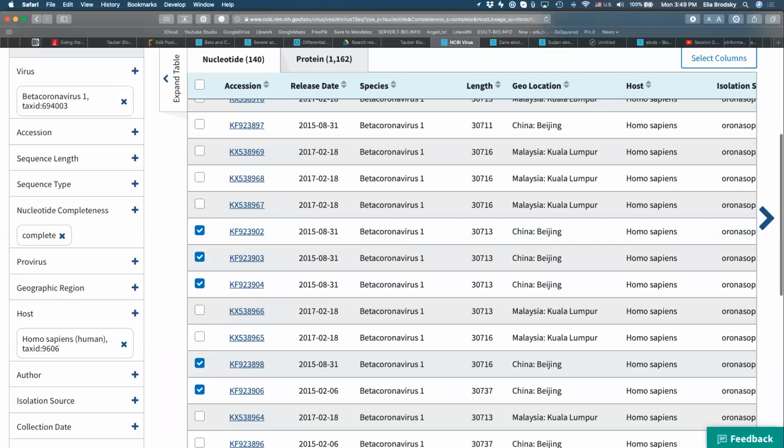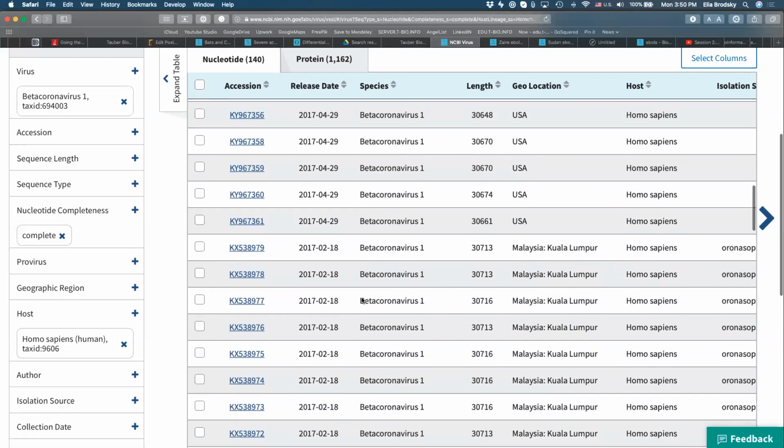Okay, did anyone have questions about how to generate this actual FASTA file? Could you just walk through it with us one more time? Yeah, so